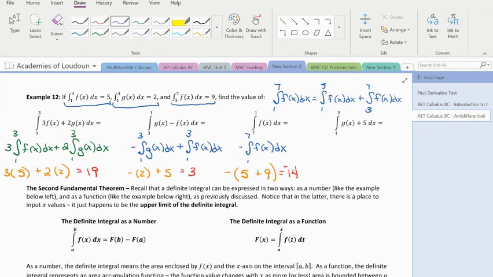Our last example is the integral from 1 to 3 of g of x plus 5 dx, and we can separate this into the integral from 1 to 3 of g of x dx plus the integral from 1 to 3 of 5 dx. We know the integral from 1 to 3 of g of x is 2, but then we need to integrate this second portion, so we have 5x evaluated from 1 to 3. So we have then 2 plus 5 times 3 minus 1, which then gives us a value